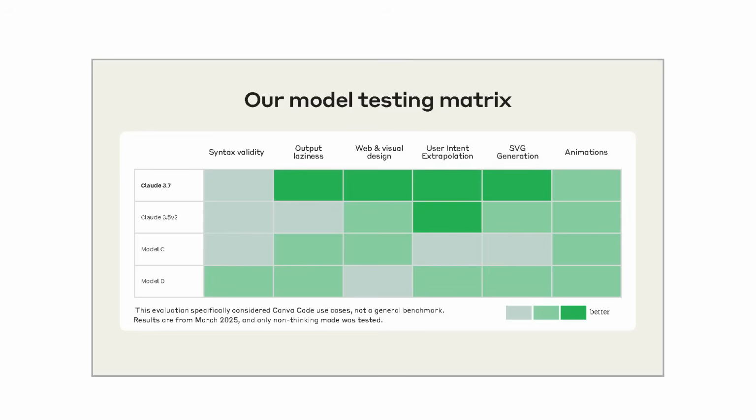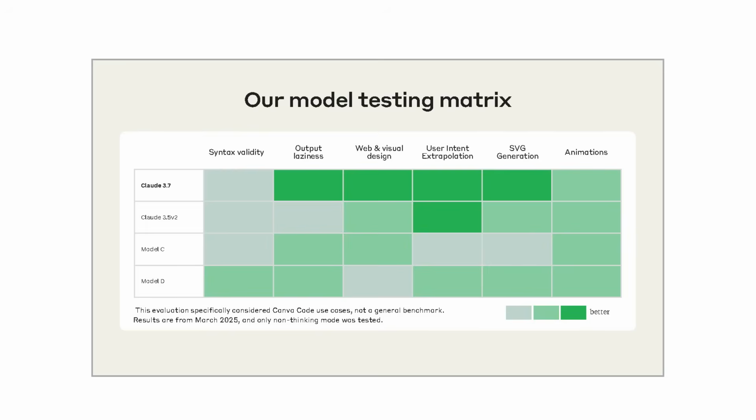The model's ability to make amazing web designs was also super important. We're a visual communication platform after all. And finally, of course, things like latency as well as scalability and capacity were also very, very real and important factors. So back around March, we tested a lot of different models across not just whether it generated valid code,